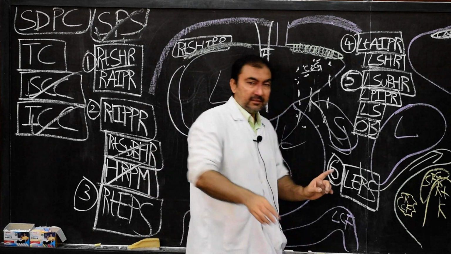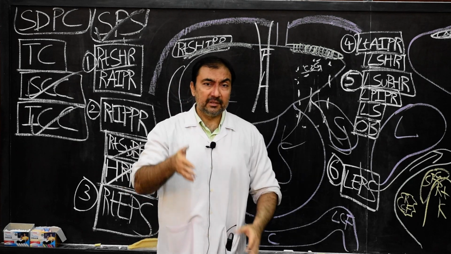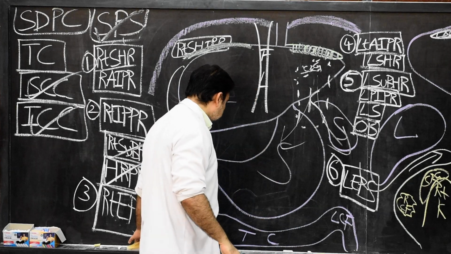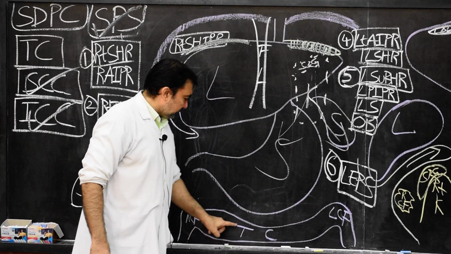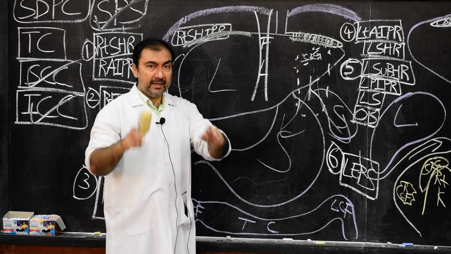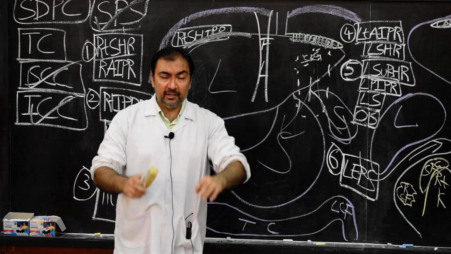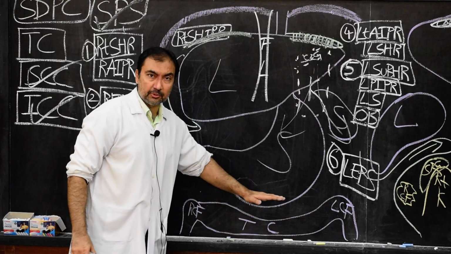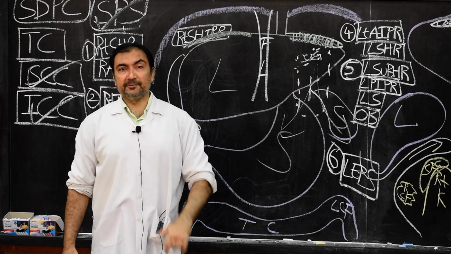Here we have finished the supracolic spaces, the subphrenic spaces, remember. Now infracolic. What is infracolic structure? Infracolic spaces will be, if you understand this diagram, this is the level of transverse colon, the right colic flexure, left colic flexure. The spaces of the peritoneal cavity which are present below the level of transverse colon and transverse mesocolon, below that will be known as infracolic spaces.